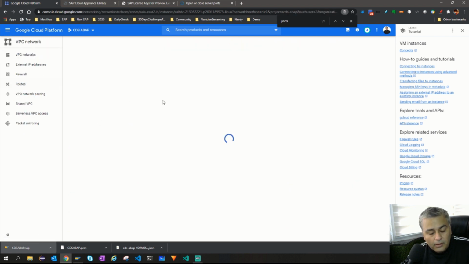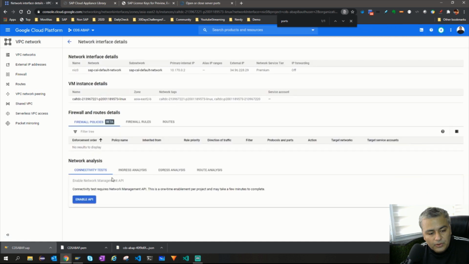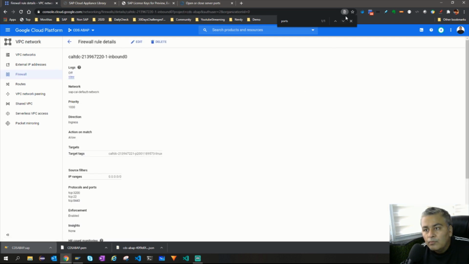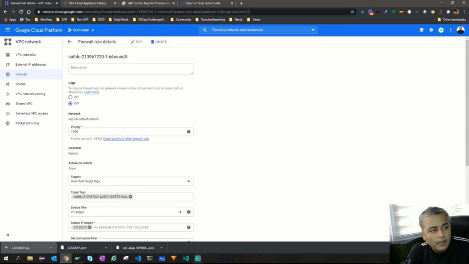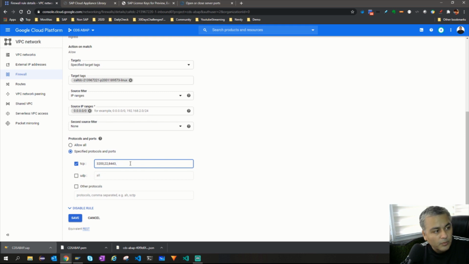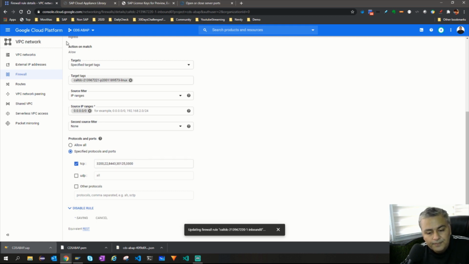Then in network analysis and ingress, I go to this firewall rule and click here. Now we will edit it and add two more TCP ports which we want to open. One is 3125 and another is 3300, and then I press save.